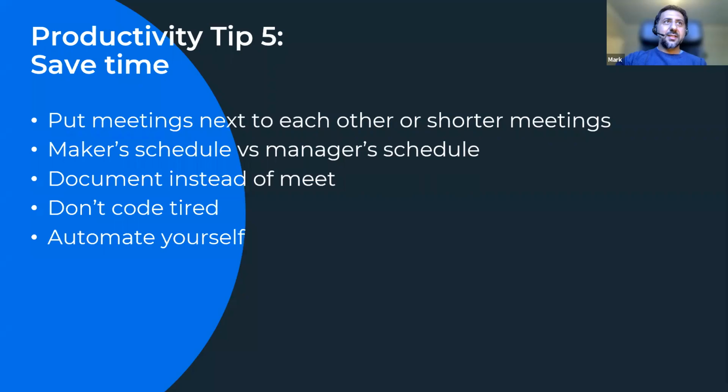Great. So our fifth tip is about saving time. It might sound pretty self-explanatory, but how do we save time? There's a lot happening during the day. So one thing you can try is to put meetings next to each other, so you don't have 30-minute gaps